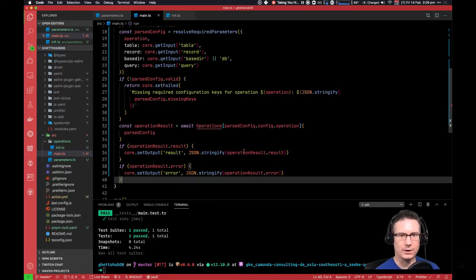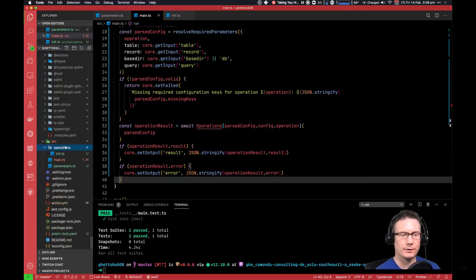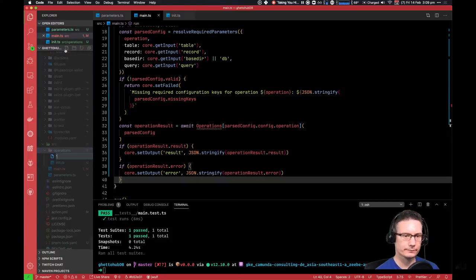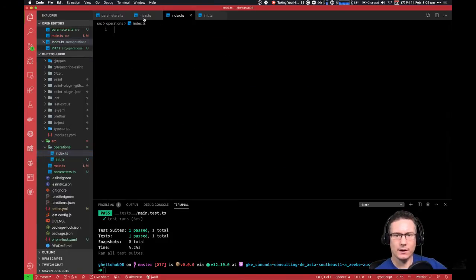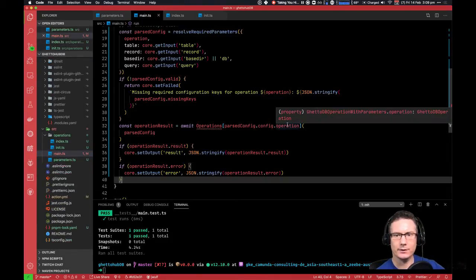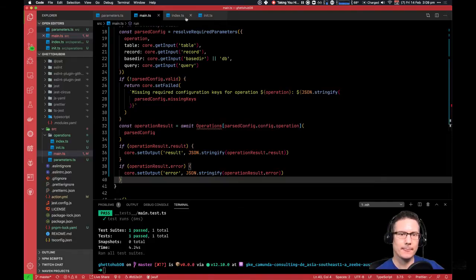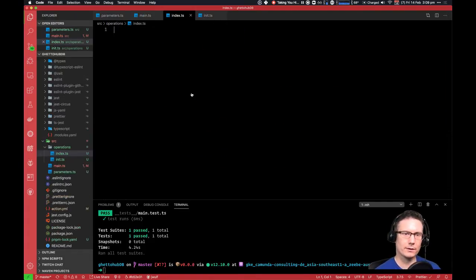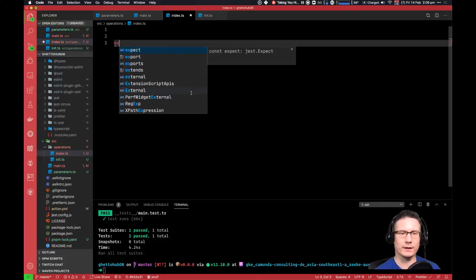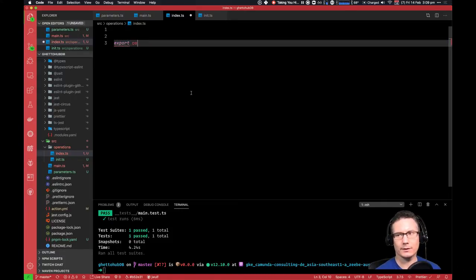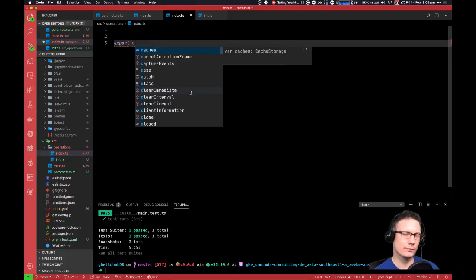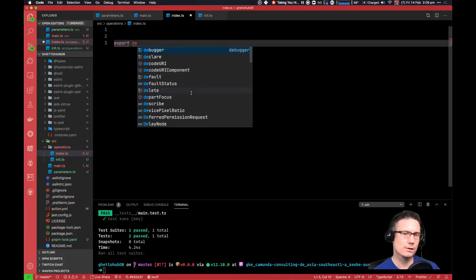Very good. Now to get this operations thing to happen, what we'll do is we'll go into operations, create an index, and we'll export a keyed object. If I go back to main, what is the type of this? DB operation. Yeah, okay, so index. We'll export a typed object that's keyed on that. Default? Yeah, okay, so I think